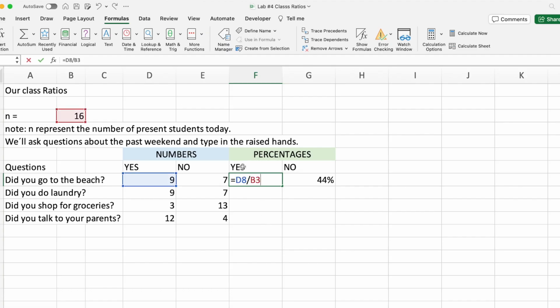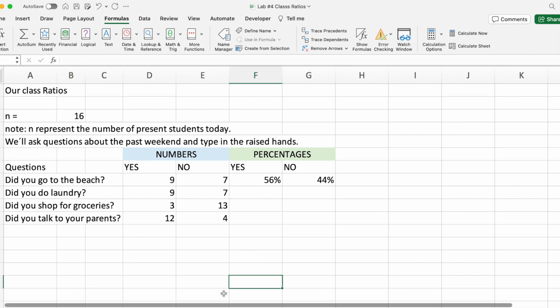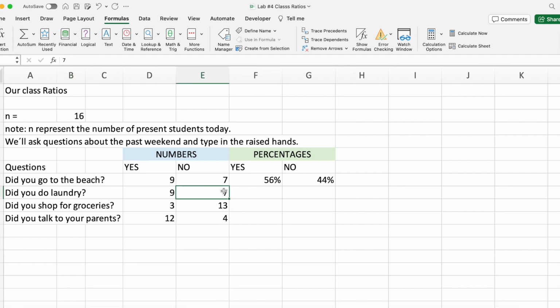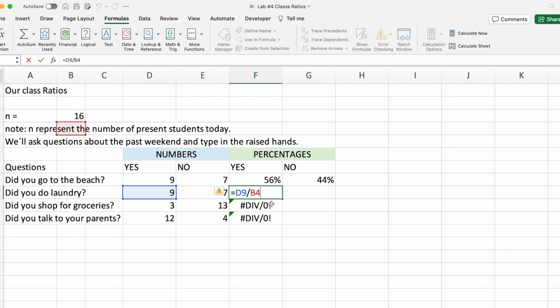In this case, to find the percentage of the other yes, we would like to autofill instead of doing it manually for all of them. Go to the bottom left corner and drag it all the way down. In this case, you see that there's errors coming up. This is because we did not